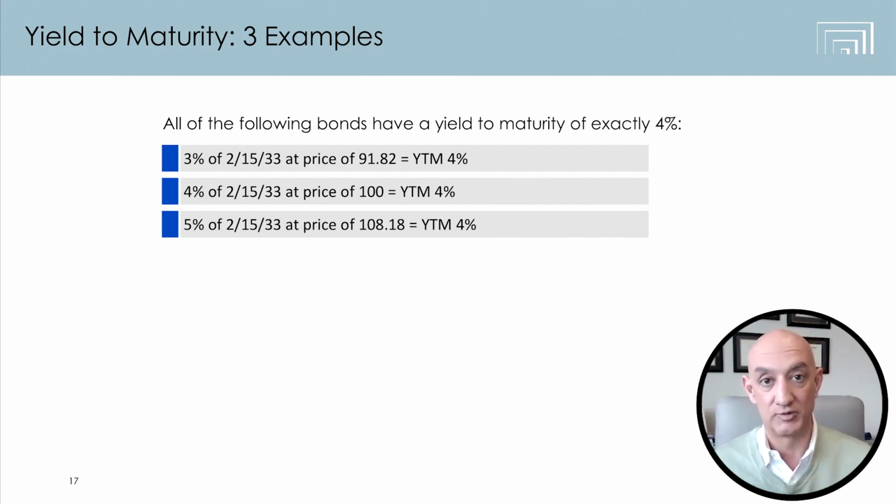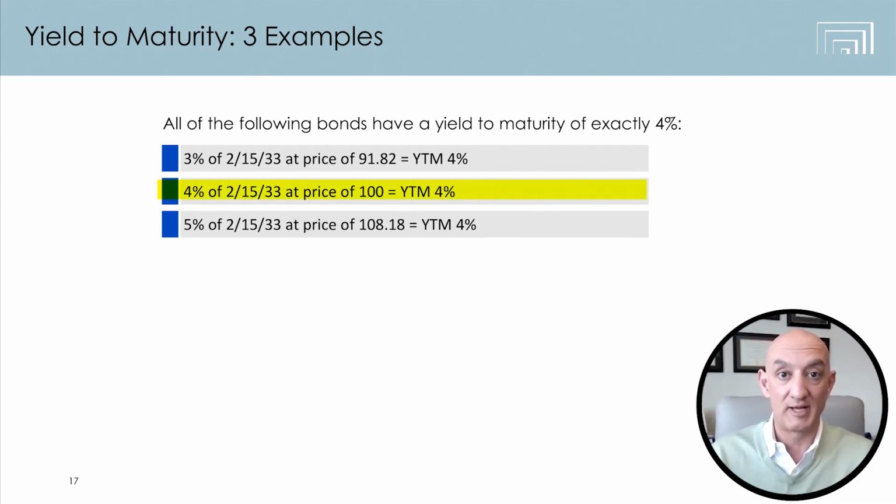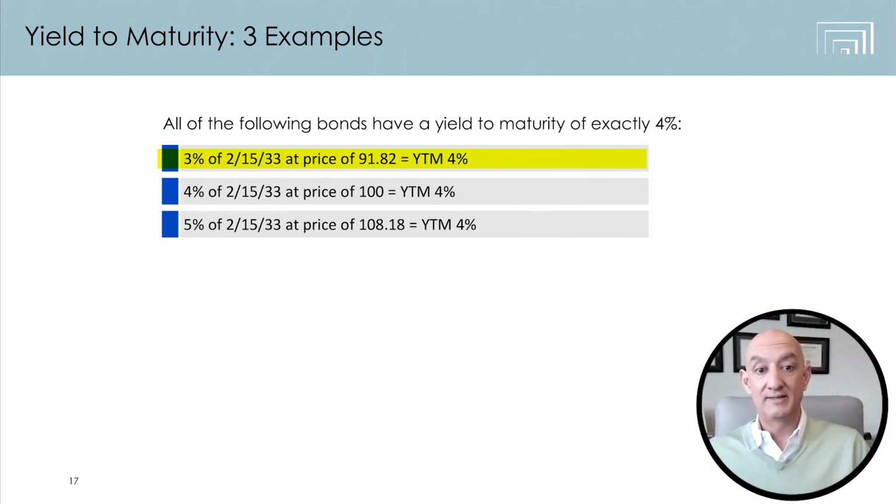Okay, so to understand the concept of yield to maturity, let's take 3 different hypothetical treasury bonds maturing in 10 years. So there isn't just one U.S. government bond maturing exactly on February 15th of 2033. There might be one that is issued today as a 10-year bond. That's the 4% coupon at par that we talked about hypothetically, so the middle bond here. There may have been another one that was issued 10 years ago, and let's say rates were lower. Let's say rates were at 3%, and that was issued 10 years ago as a 20-year bond at par back then. And then that's the first bond.